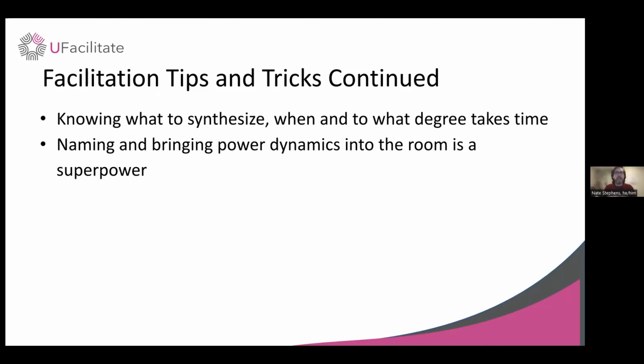Just saying, I know we have folks who are on the front lines and some middle management folks and some senior leadership folks today. I know you don't always meet around tables like this. Today, we're going to meet around tables like this. Just naming that doesn't resolve it, but at least it's now in the room and we can deal with it if and when it comes up.